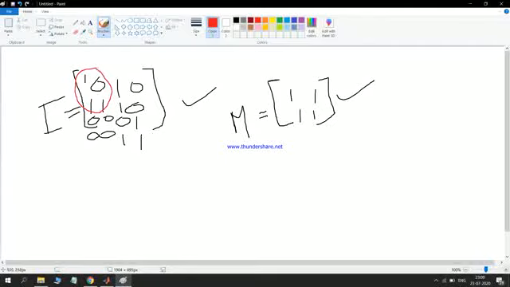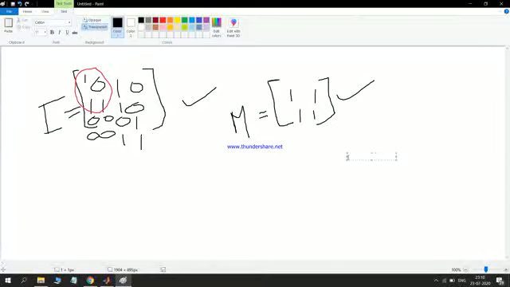So there are 3 possibilities: if all are same, if partially same or matching, or no matching at all.